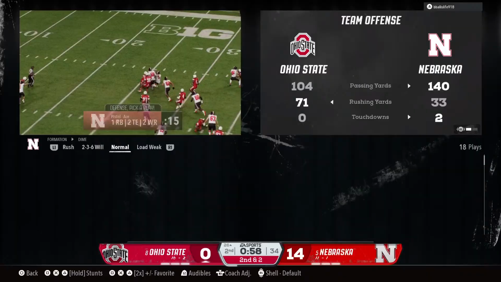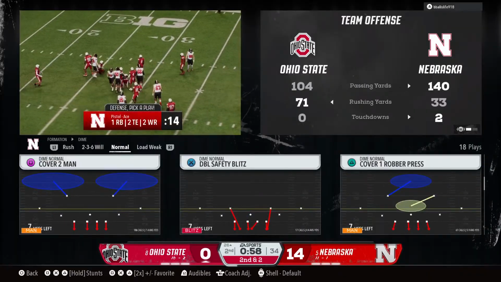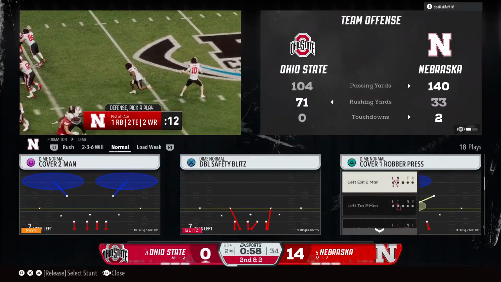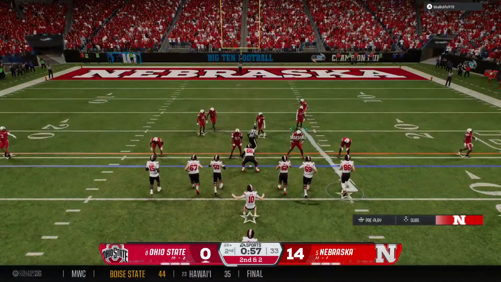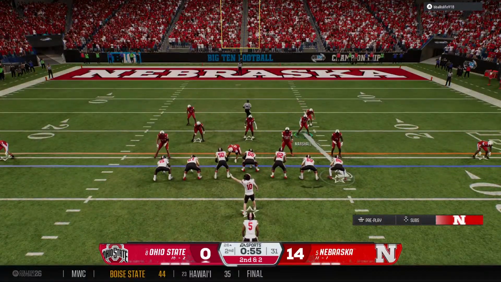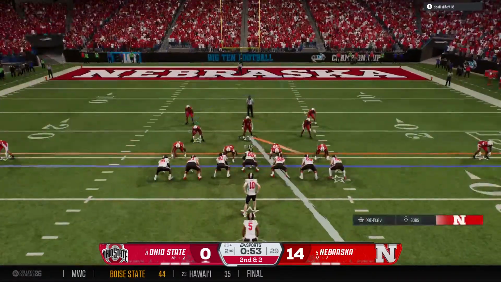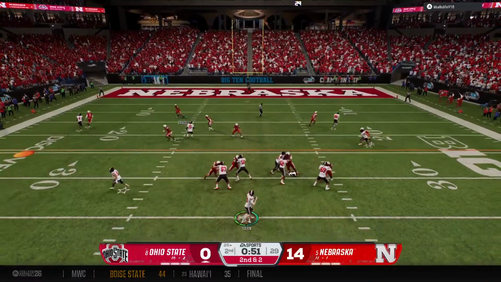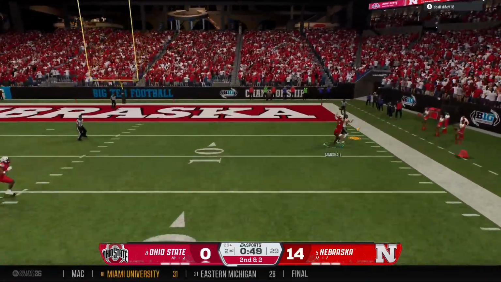Chris, it's the consistency of this pack is giving this defense fits. They've got to come up with some changes up front. This guy's already over 50 yards, and if he keeps running the way he is, not only is he having a great day, but it's going to give this quarterback a chance to hit some big plays downfield off play action.